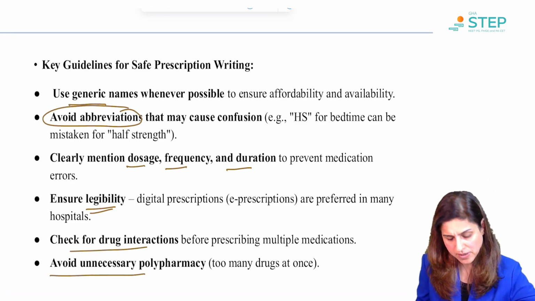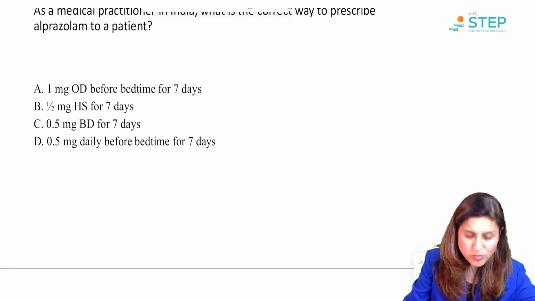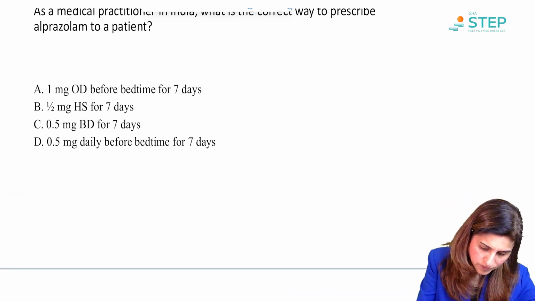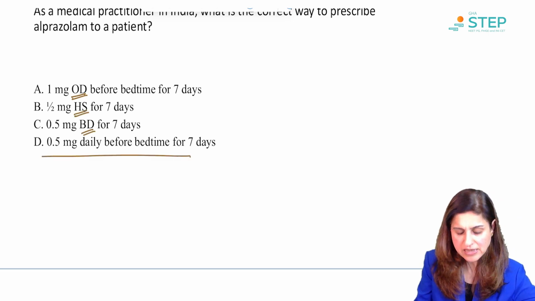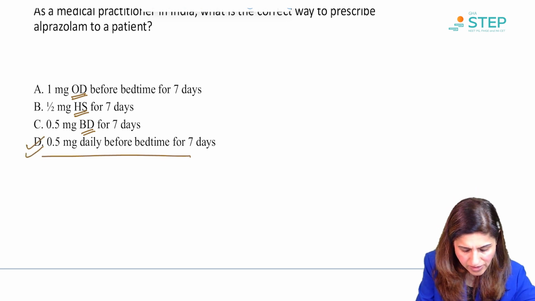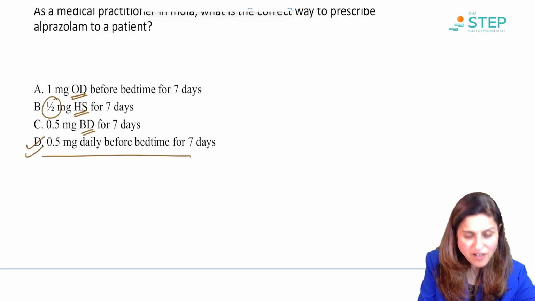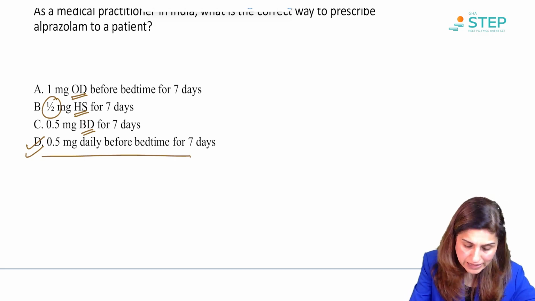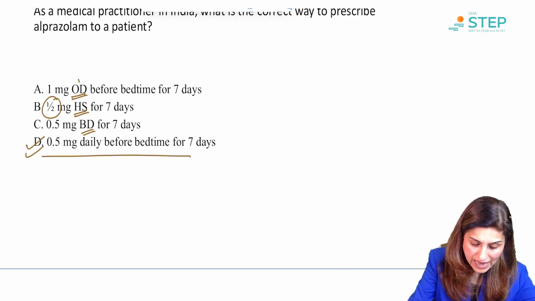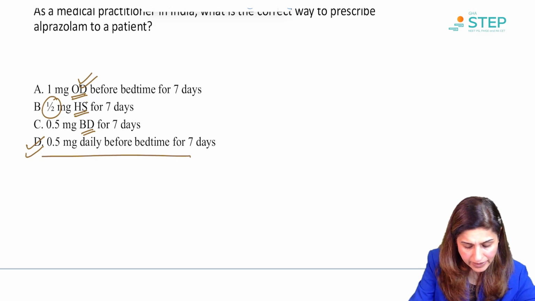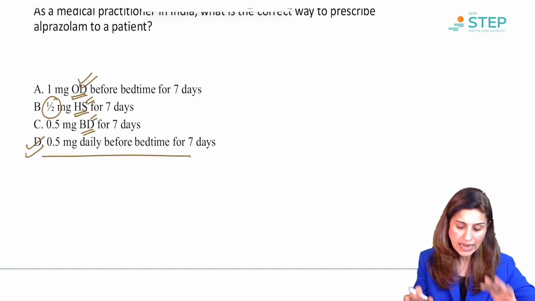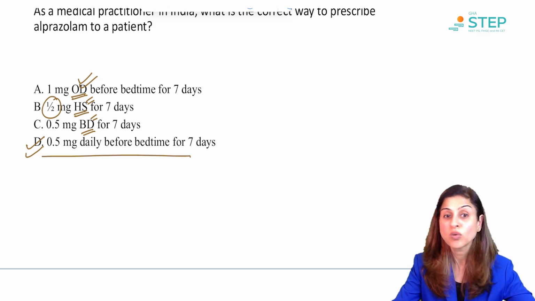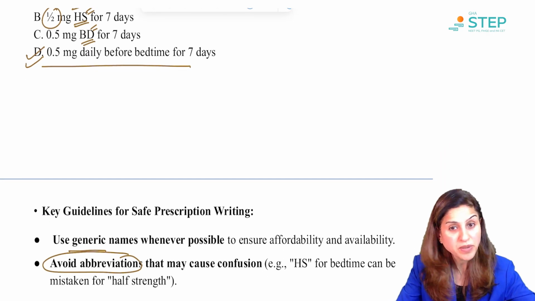Avoid unnecessary polypharmacy. So here, if you see, the error in most of these options is that they are giving you abbreviations. So the only option where abbreviation is not present is your last one. So this would be the correct answer. So we don't use terms like half mg, no, 0.5 mg can still be tolerable, but you always have to write once daily, at bedtime, twice daily. So this is the fallacy in these three options, and the last option is correct. So this has been asked. So what is the correct way of the prescription format?